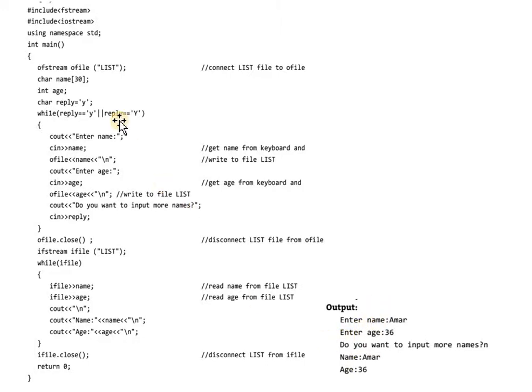Here first we are writing the data to the file, and after that we are reading the data from the file. We are writing data to the file by using the ofstream function, and we are reading the data from the file by using the ifstream function. In short, this program opens the data file using the ifstream class, reads the information written to that particular file and displays the data on the screen.